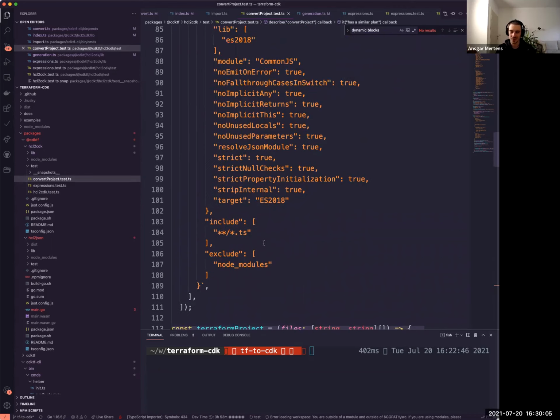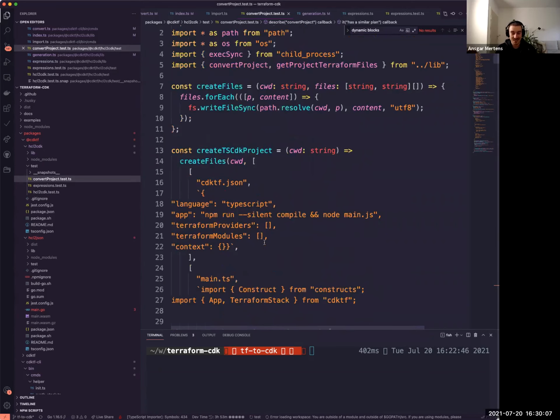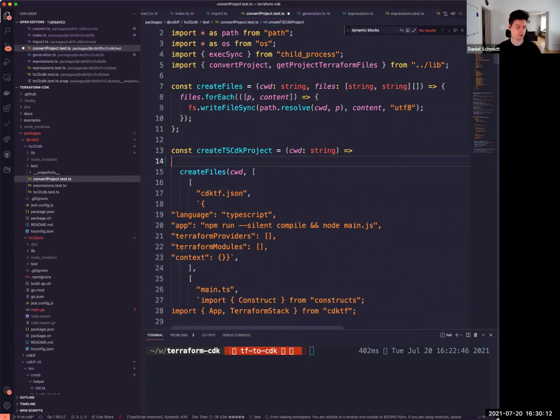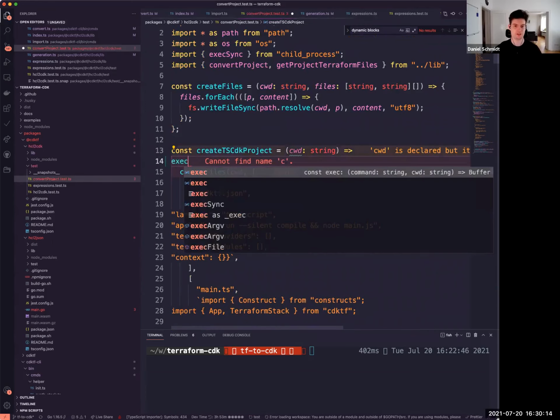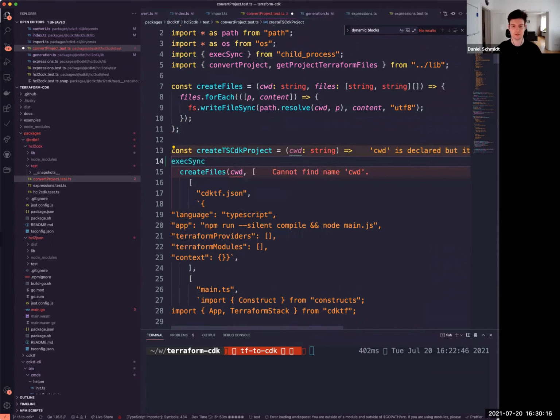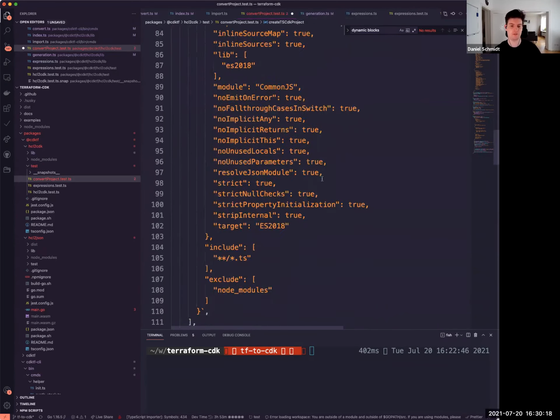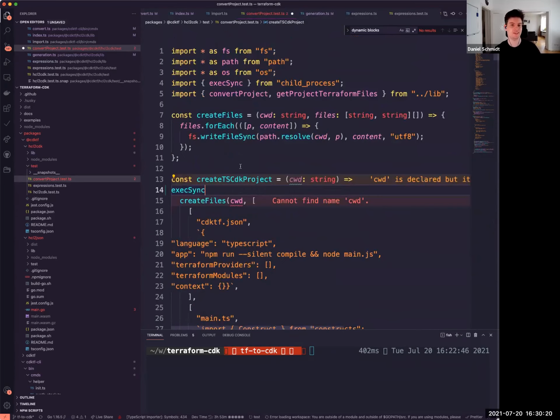So I think, I don't know how simple that is in the end, but probably we can do something. We have already here some exec sync functionality. No, wait. I have a wraparound exec sync here, exec, of course, every time. That takes a command and the working directory, and we could probably run CDK tf init with enough stuff in it. Yeah. And then